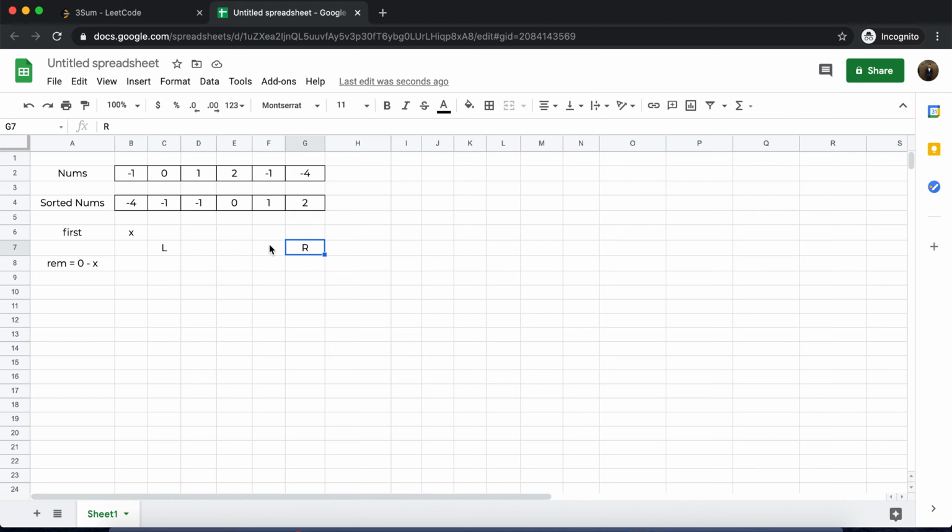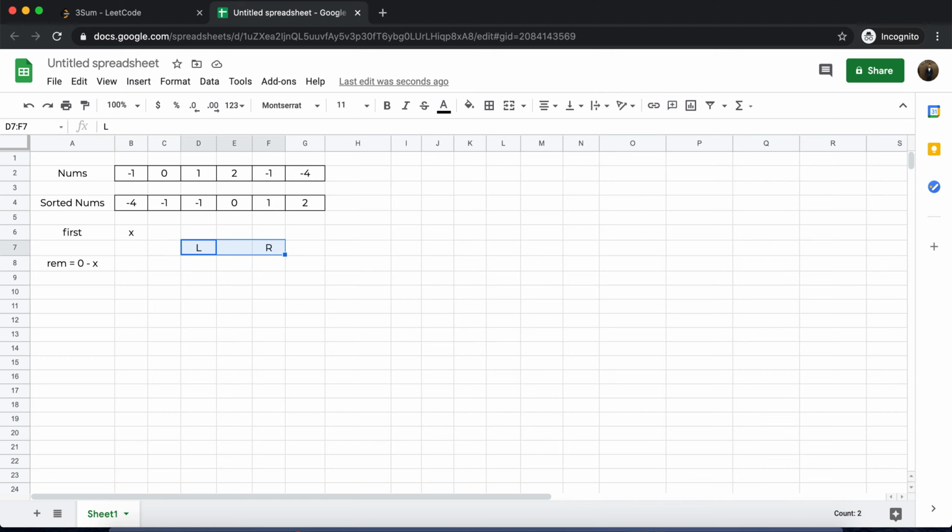Now if the sum of these two numbers is greater than what we are looking for, then obviously we have to omit the higher number, because the sum is coming out higher than what we're looking for. So we need to skip the higher of the two numbers, which is pointed to by the right pointer. So we'll move the right pointer one position back. The opposite case is if the sum of these two numbers is less than what we're looking for, then we'll have to increase the sum, so we'll shift the left pointer forward. We'll keep doing this until they meet, and that is where our search will stop.